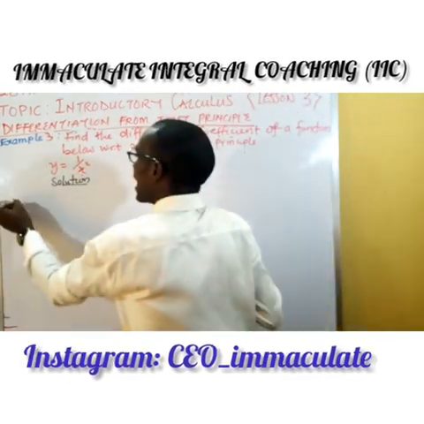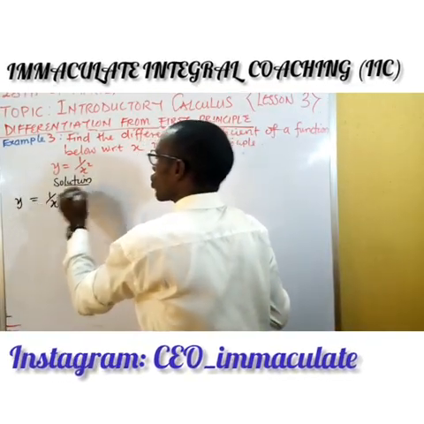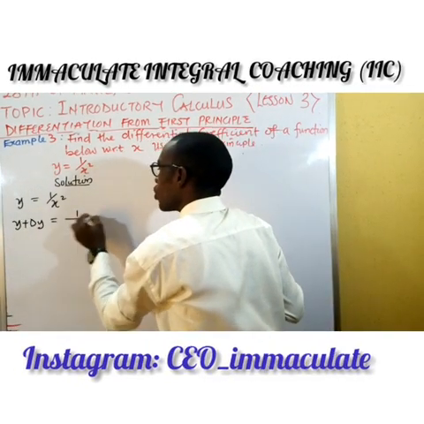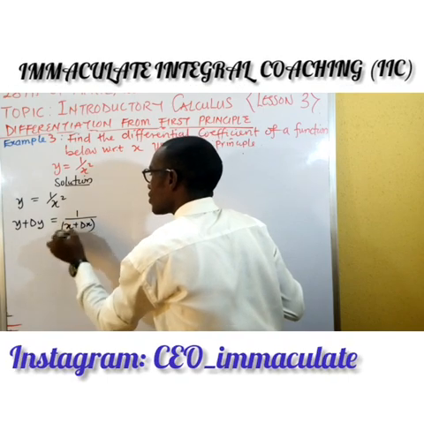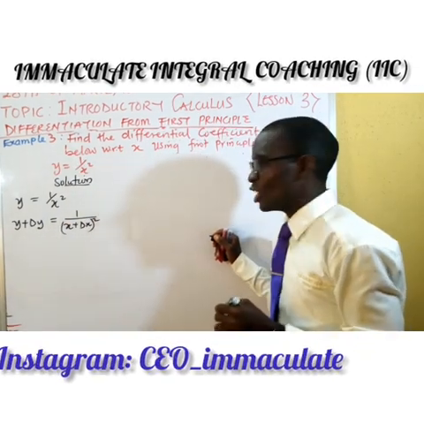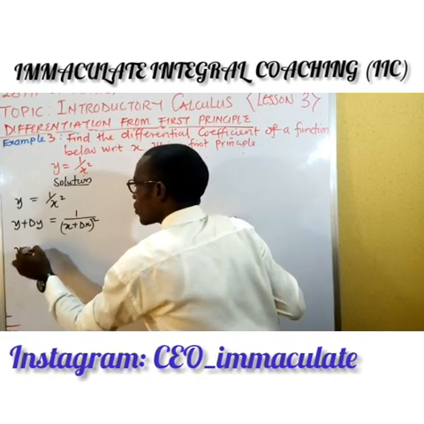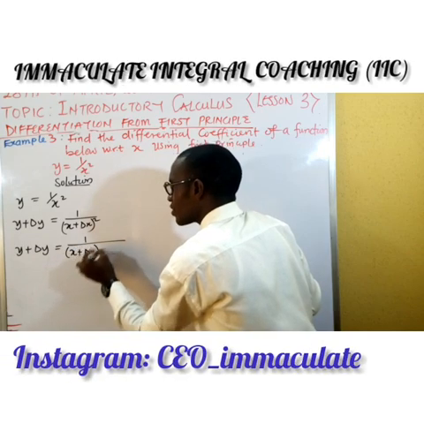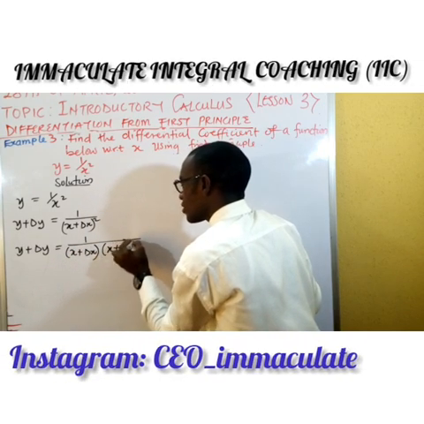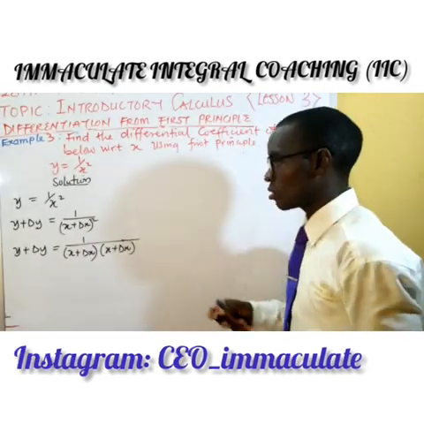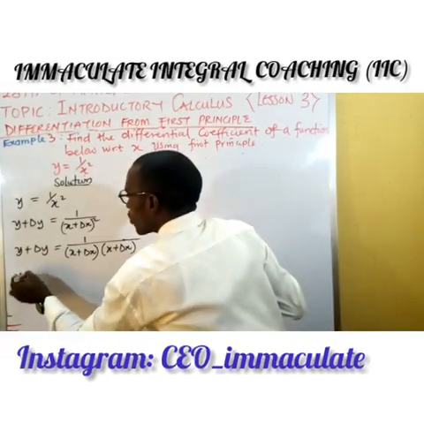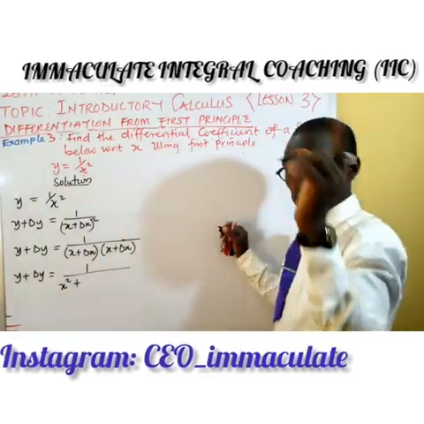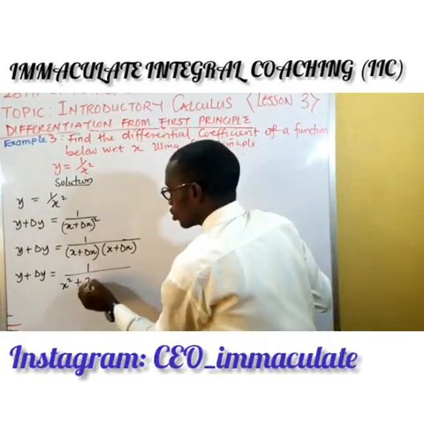Let's go. y equals 1 over x squared. So y plus δy equals 1 over (x plus δx) squared. From here, y plus δy equals 1 over (x plus δx)(x plus δx), since it is squared. So let's expand this. y plus δy equals 1 over x squared plus, from the previous example, 2x